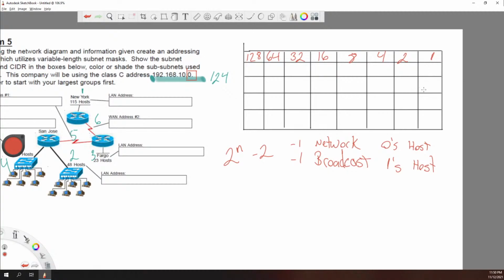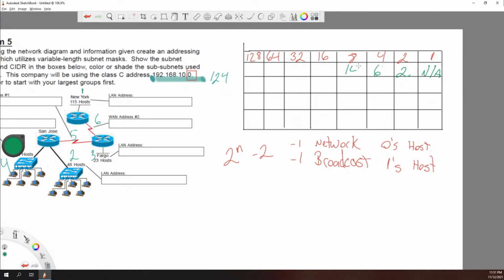So with usable hosts, the one thing that we unfortunately have is we have to make sure that we have enough. So the first one is not applicable. We can't do anything with this. Let me just change the color. This nice, wonderful green color. Okay. Next up for our usable hosts is going to be 2, because 2 to the 2 minus 2 is 2. And as I remember saying before, just look up at the next portion. That's all that's happening, it's basically 2 less than that. So we go 2,